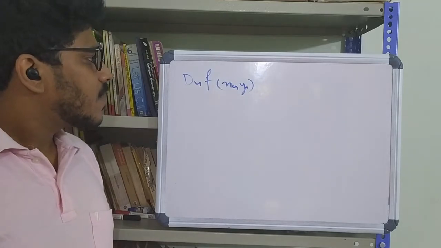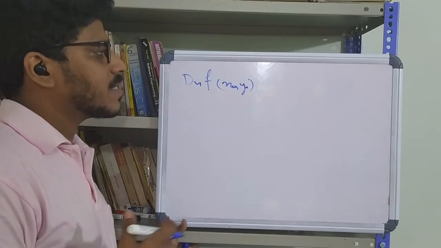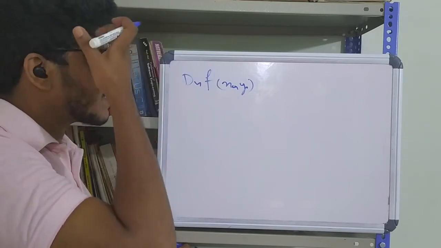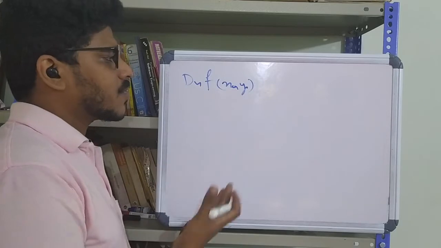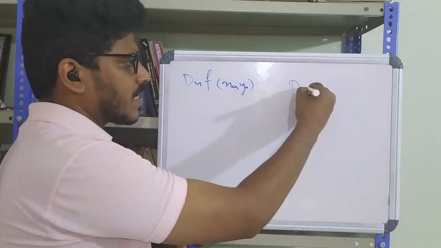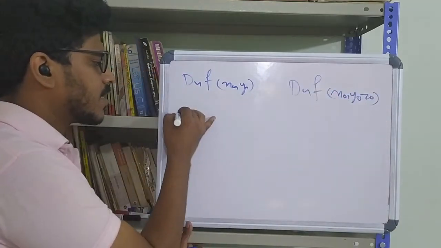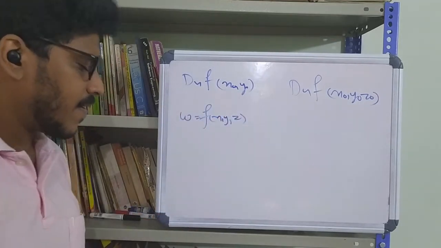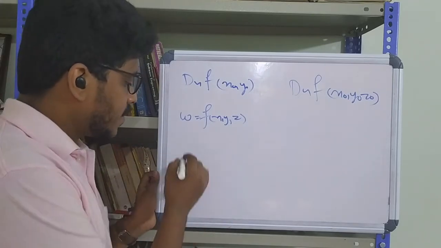Right. We have already told that everything we explain here in these sessions can also be generalized to any finite number of variables, or the functions of any finite number of variables. Now let's simply extend this to a case of a three variable function. So obviously the notations stay the same. Say x naught, y naught, z naught will be the notation, and let w equal to f of x, y, z be a function of three variables x, y, and z. Right. Then the directional derivative